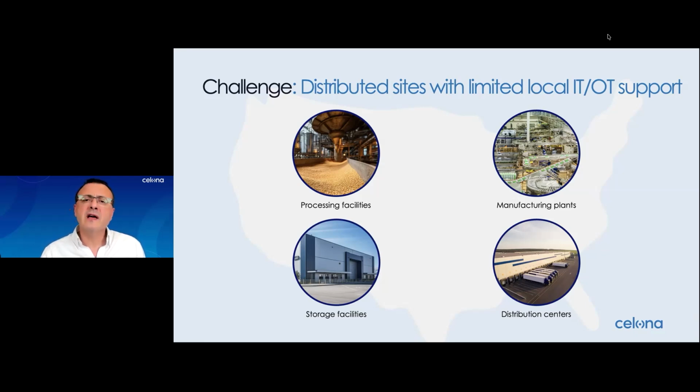So what these sites often have in common is limited local IT and OT expertise. You can't assume that every location has skilled network engineers available to design, configure, troubleshoot a cellular network. And from a cost perspective, you don't want to build a model that depends on flying experts on every site whenever something happens on that particular location. At the same time, from an enterprise perspective, these sites still need to be managed consistently across the security policies that need to be enforced. Performance expectations need to be maintained in a predictable manner, and the visibility needs to be centralized.